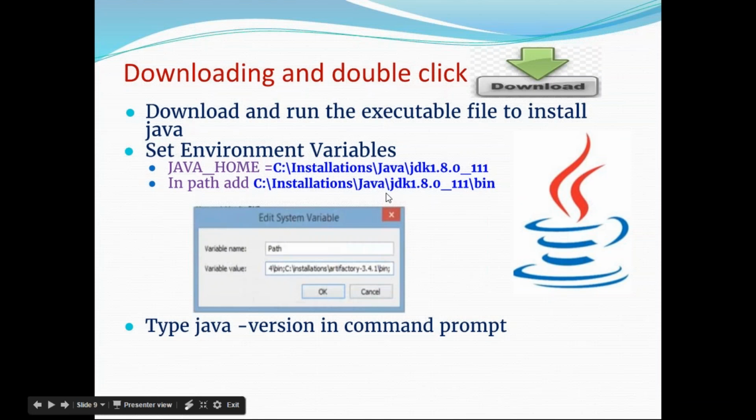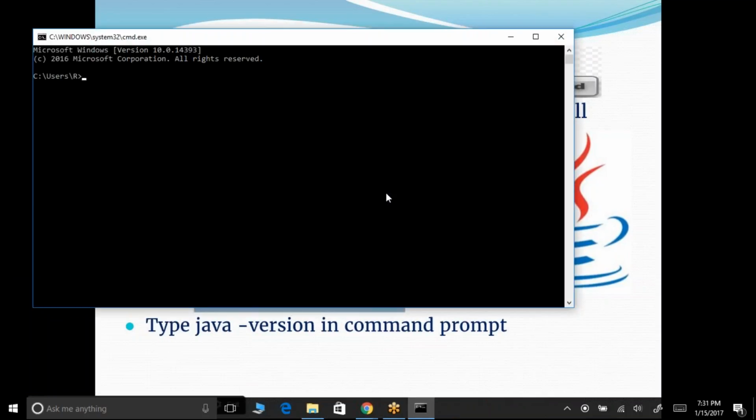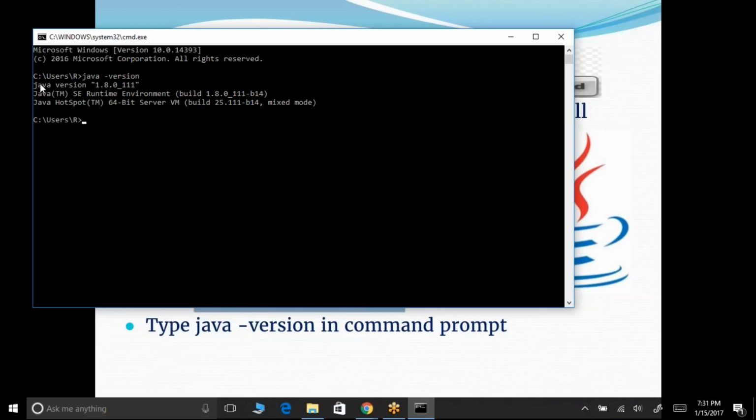The next step that we're going to do here is check whether the version of Java that we have installed is correct or not. Go to your command prompt and type in java -version. If you're able to see this type of output like java version 1.8.0_111, which specifies the version of Java we have installed,